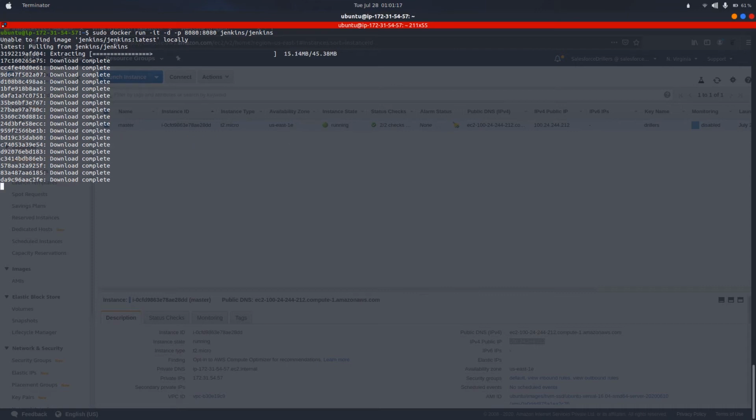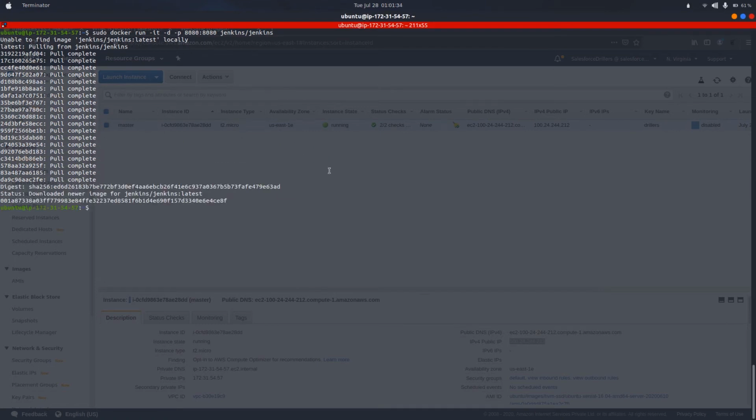As we can see, it has started pulling Jenkins. Once it is completed, it will start a Jenkins container which will run on port number 8080, the default port for Jenkins. If I run sudo docker ps, I will see a container running.